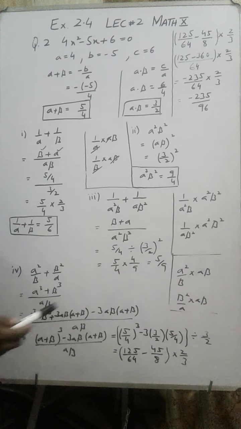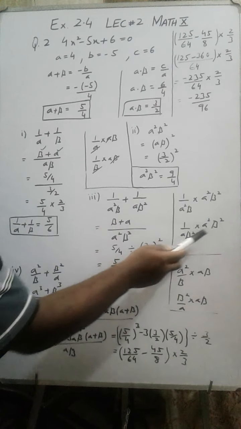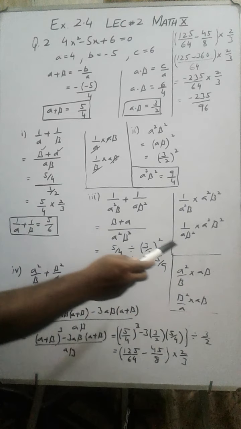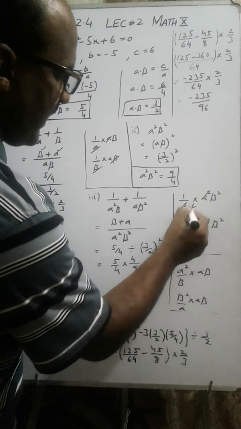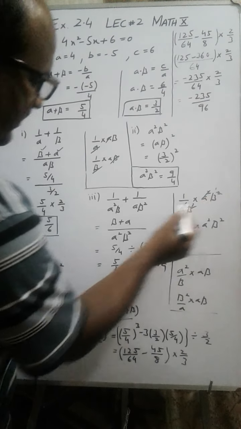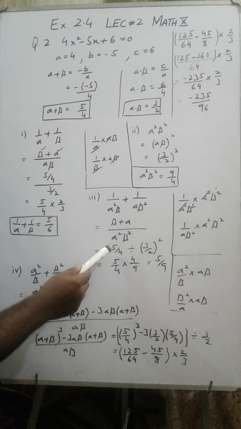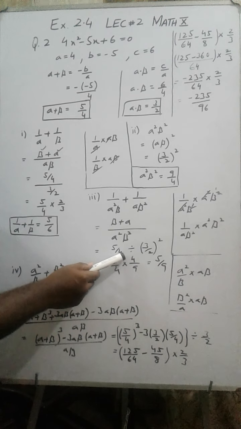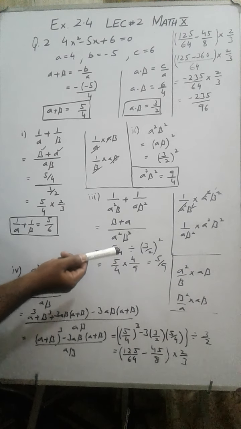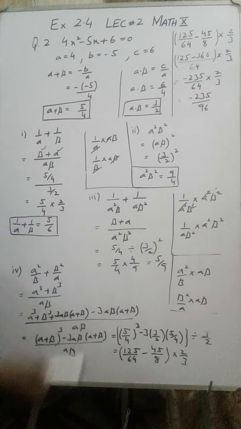This is the LCM. Now you write the first fraction multiply by LCM, write the second fraction multiply by the LCM. So here alpha square is cancelled, beta power 1 is cancelled, so what is left? Only beta power 1 is left. Similarly alpha power 1 is left over here. So alpha plus beta 5 over 4 divided by, I have written in this way. If you want to write in that way, even it can be written, and then alpha into beta is 3 over 2 and whole square. So substitute the values and get the answer.